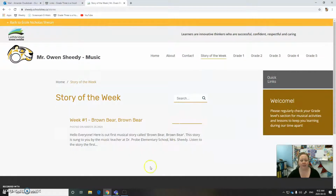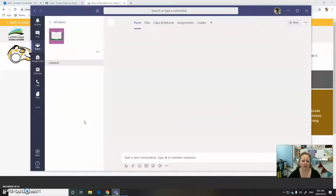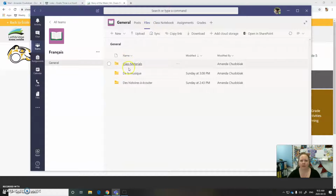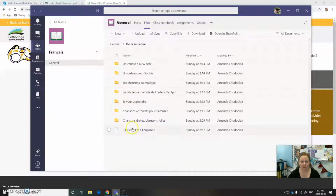And on Teams, there's even more stuff. So what I was saying earlier is there's a bunch of things that I have bought that you can have access to on here. So if we click on Français, if you click on Files, there's de la musique, so you can click on this, and there's actually a bunch of songs and things that you can listen to on here. Click on a folder, and then you can click on the files, and there's some really cool music on here to listen to. If we go back,